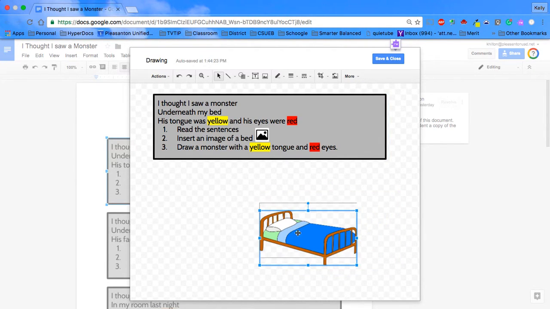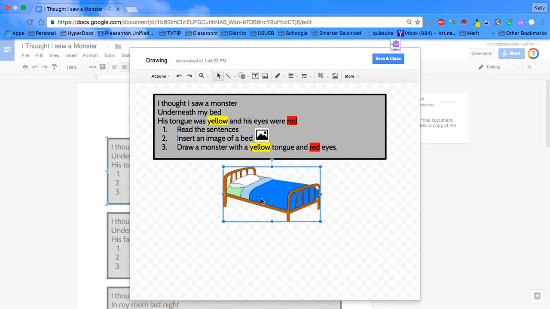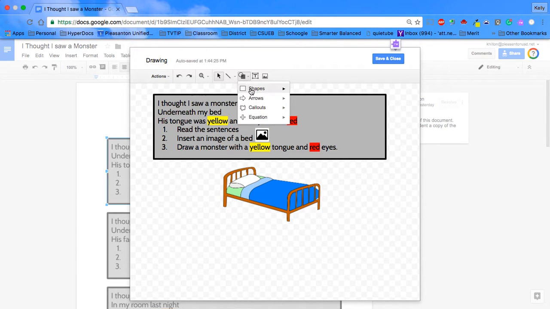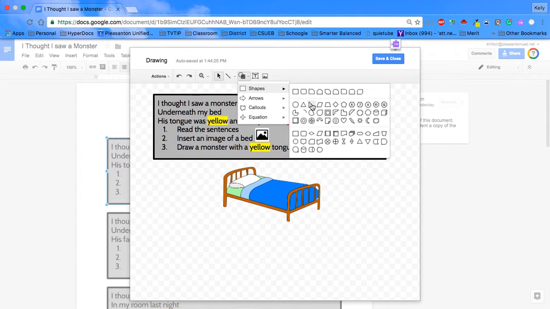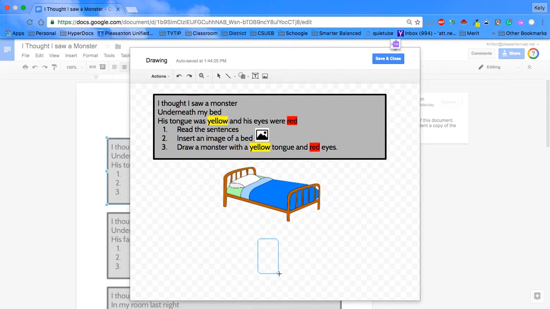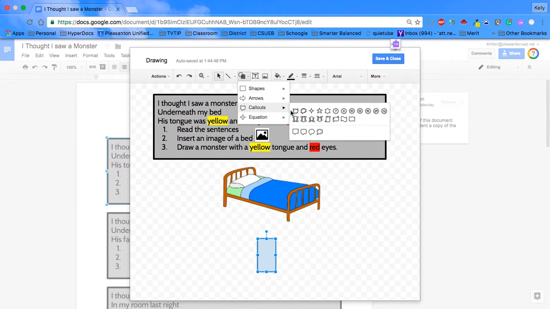The first thing is, do they understand the word in the language, bed? That way you can see as a formative assessment where they're at. After they insert the image, they're going to draw their own monster using the drawing tools up here under shape. They can figure it out, but you might want to start with any shape you want. So they could draw a little monster with a rectangular body,